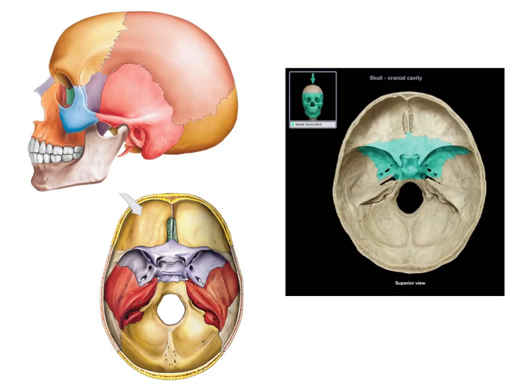The last bone that we are going to be looking at of the skull is the sphenoid bone, and it's this sort of butterfly-shaped bone that we can see from the superior view right here. One of the interesting structures on the sphenoid bone is called the sella turcica, and it's located right in here. If you were to look at it from the side, it's a bit of a divot,